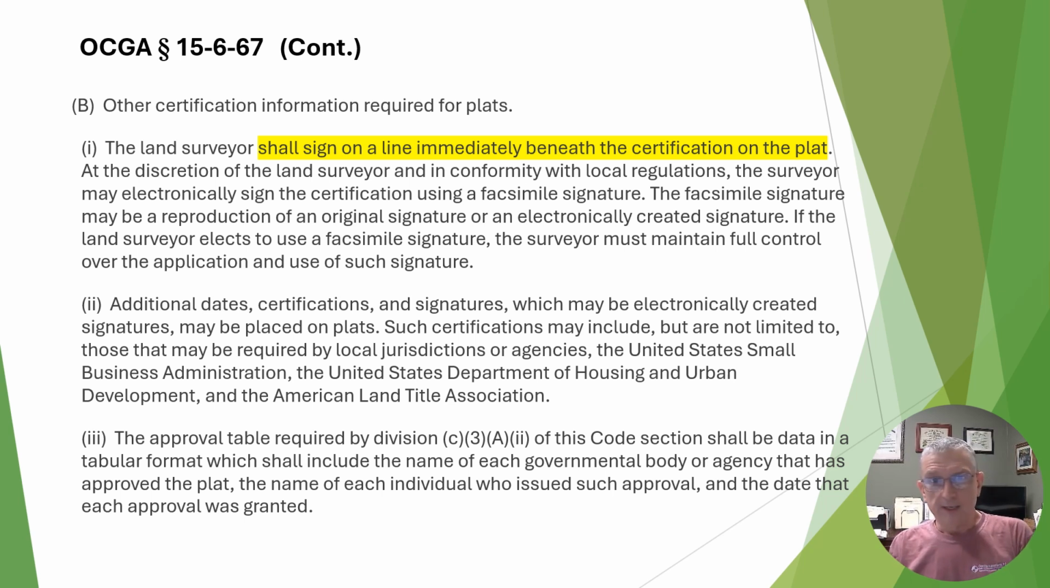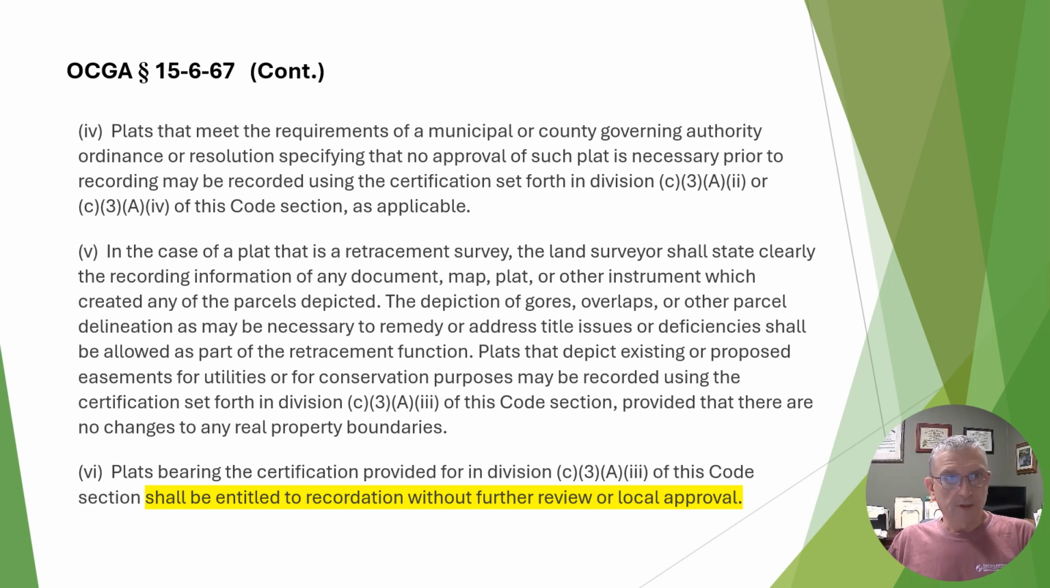If it's an SBA or a HUD, they've got their own certificate, or that particular lender or underwriter has their own certificate, that's still not an option. You still have to put the surveyor certificate in there. Moving on down, there's some other elaboration. Paragraph 4